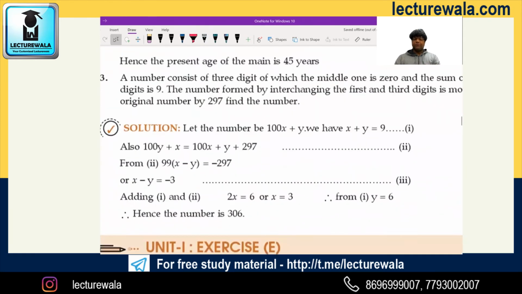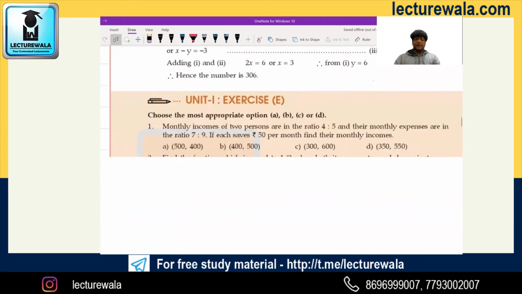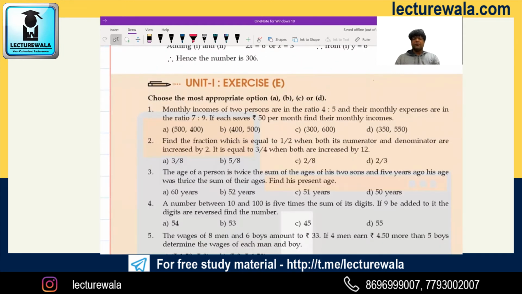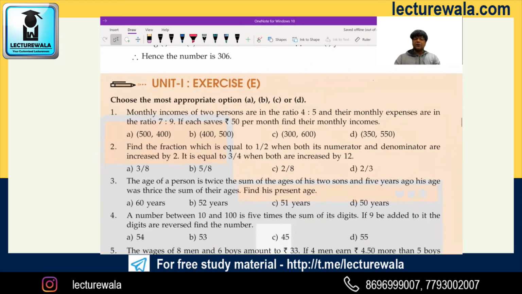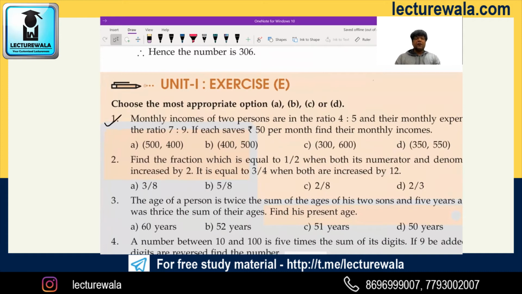So next chapter, again guys, you will do this exercise E in exactly the same copy-paste way. Which way? The way you solved exercise 1B. What's our option hitting? We can't do original. Obviously you can do the original method. Guys, if you remember, this type of question was in the illustration of the first chapter also, and I solved it by the original method. But truly speaking, the original method is not required. You go by option hitting.